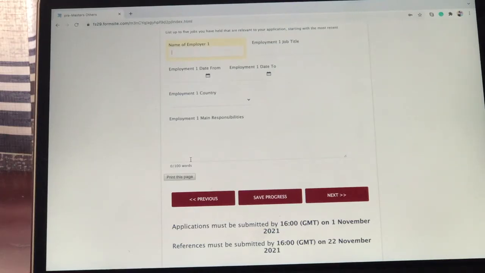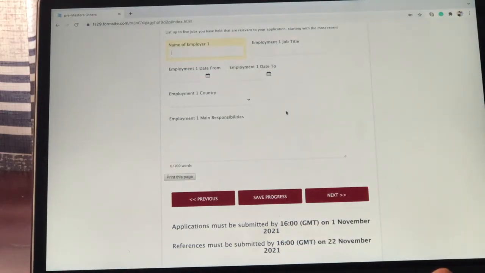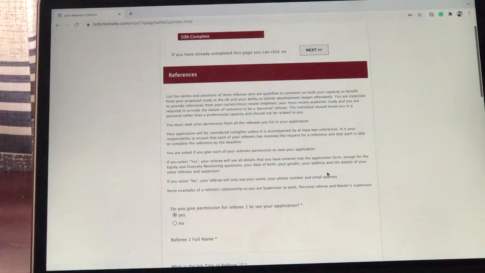For example, if you're working in the laboratory, you can say help with sample handling, and I try to help various people with various experiments, or you try to get involved in various projects that are done by the company which you're working for. So just describe it in the best way, but for me, I just list them. Can go next.